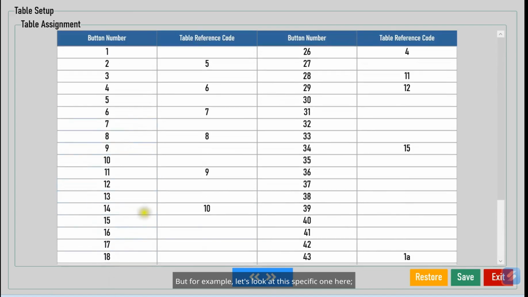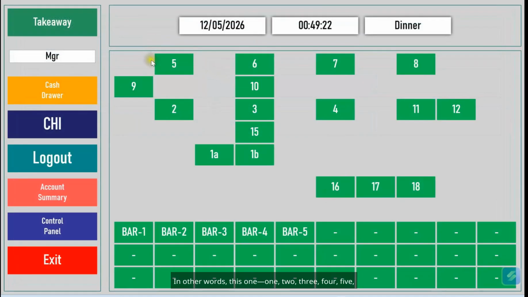But for example, let's look at this specific one here. This is number 14, right? This physical button is labeled as number 14, but you can easily turn this number 14 into something like the restaurant's table number 10 instead. In other words, this one, 1, 2, 3, 4, 5, 6, 7, 8, 9, 10, right? 11, 12, 13, and 14. So this is the 14th button, right? Now in the restaurant, we call this specific 14th button the one that represents table